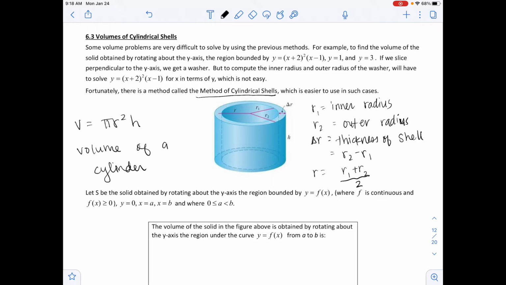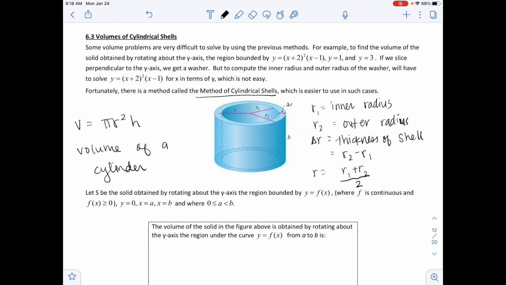Let S be the solid obtained by rotating about the y-axis the region bounded by y equals f of x, where f is continuous and f of x is greater than or equal to 0, y equals 0, x equals a, and x equals b, where a is in between b and 0, and it could equal 0. And so the volume of a solid in the figure above, obtained by rotating about the y-axis the region under the curve y equals f of x from a to b, is going to be given by